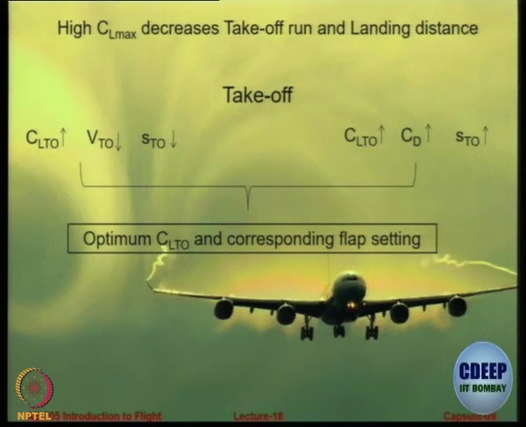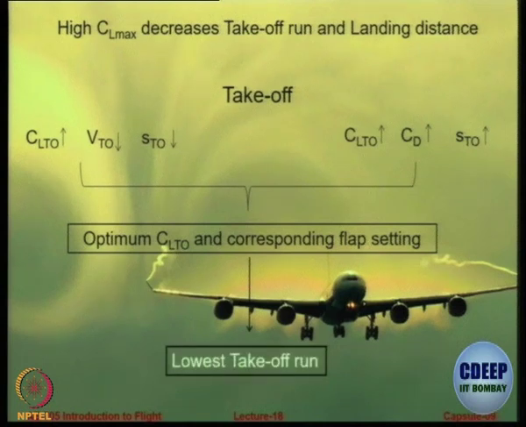So essentially what is important is not just CL increase or CD increase. What is important is L by D, lift over drag. So we choose a setting at which we get more benefit from velocity reduction and less problem from drag increase. Okay. So when you use the correct combination, you get the lowest takeoff run. This is during takeoff. During landing,